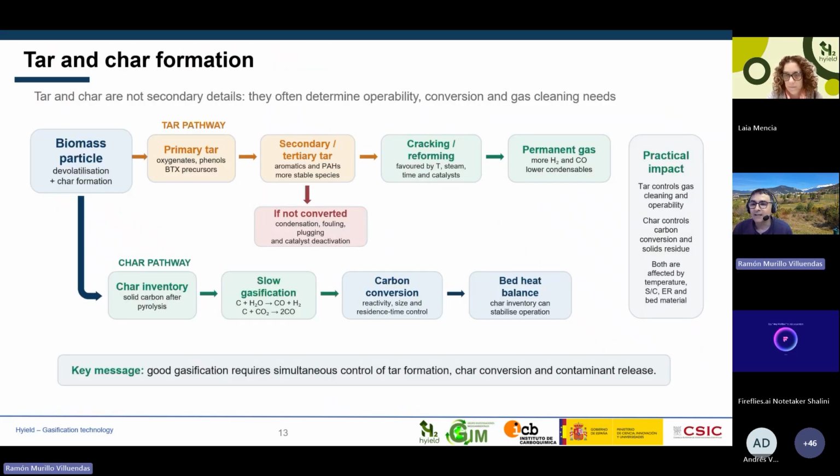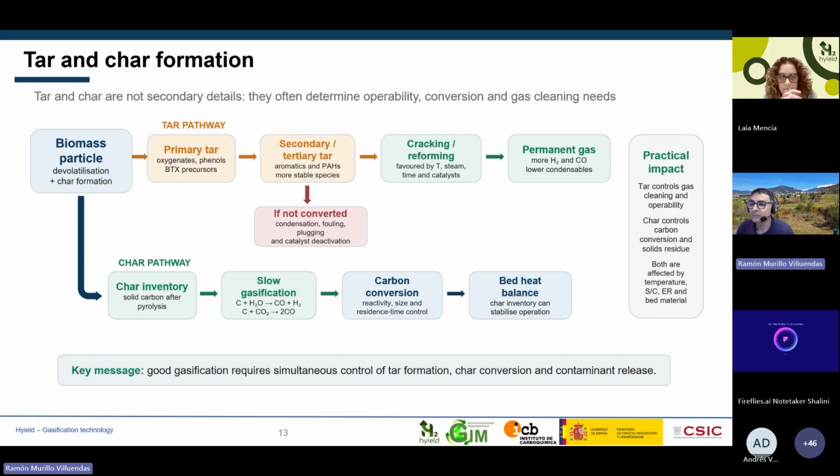This slide highlights two aspects that are often decisive in real gasification operations: tar formation and char conversion. Tar is formed mainly during the volatilization and pyrolysis stages. At first, primary tar contains relatively reactive compounds, but these compounds can evolve into more stable secondary and tertiary aromatic species. If temperature,